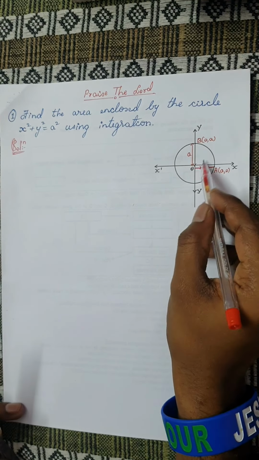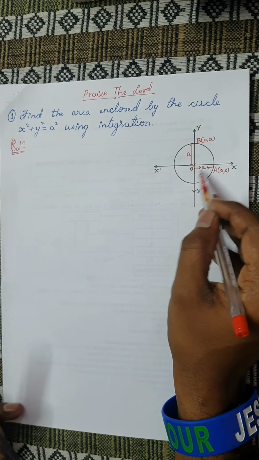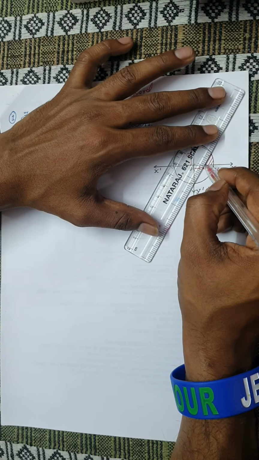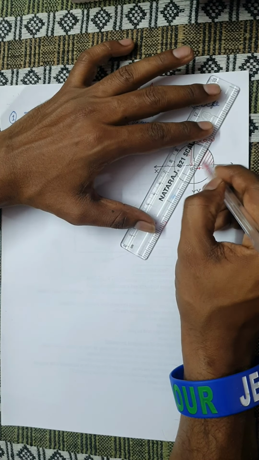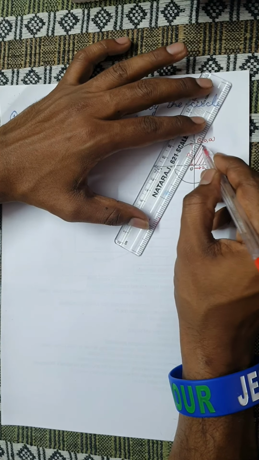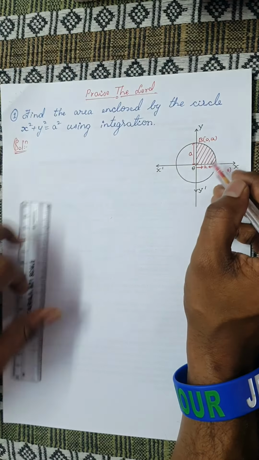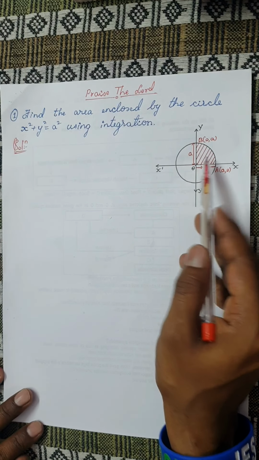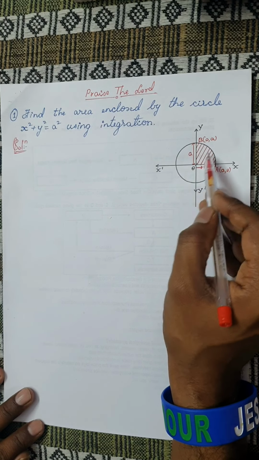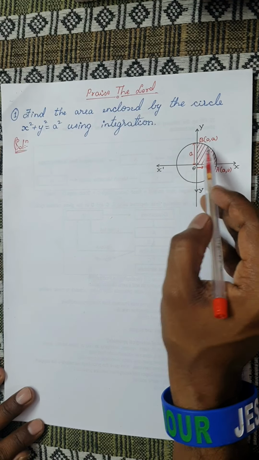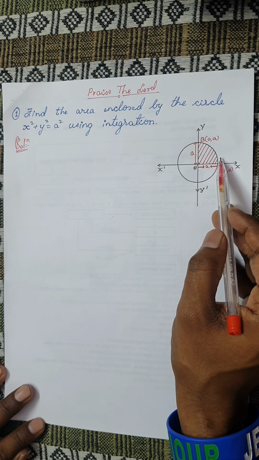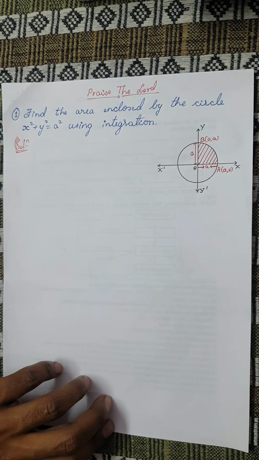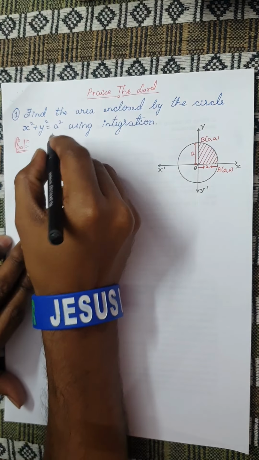So I am supposed to find the area enclosed in all the 4 quadrants. Instead of considering all the 4 quadrants, I will just consider the area enclosed in the first quadrant. You can see here, I will just consider the area enclosed in the first quadrant, and I'm going to take 4 times that area, because if I find out this area, 4 times that area will give me the area enclosed by this circle, x square plus y square is equal to a square. You have got the idea, right? Okay. So let us start the process of solving.